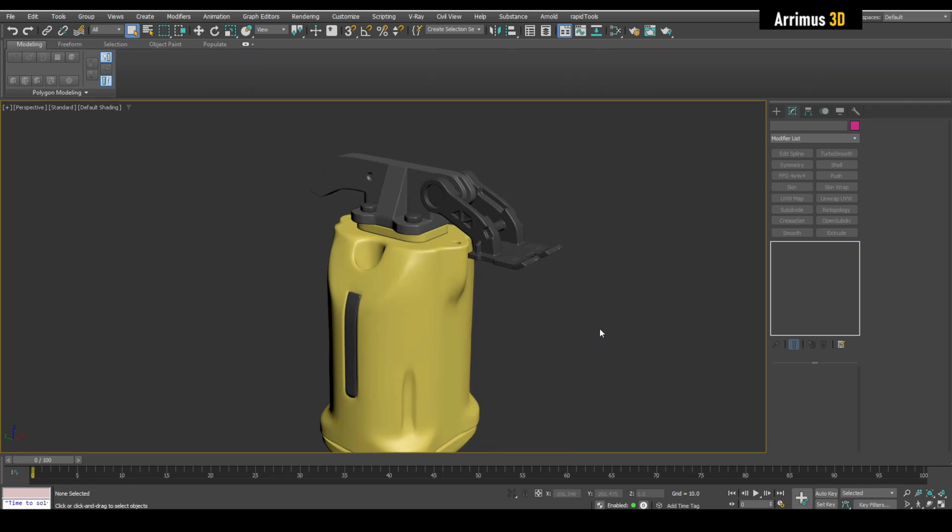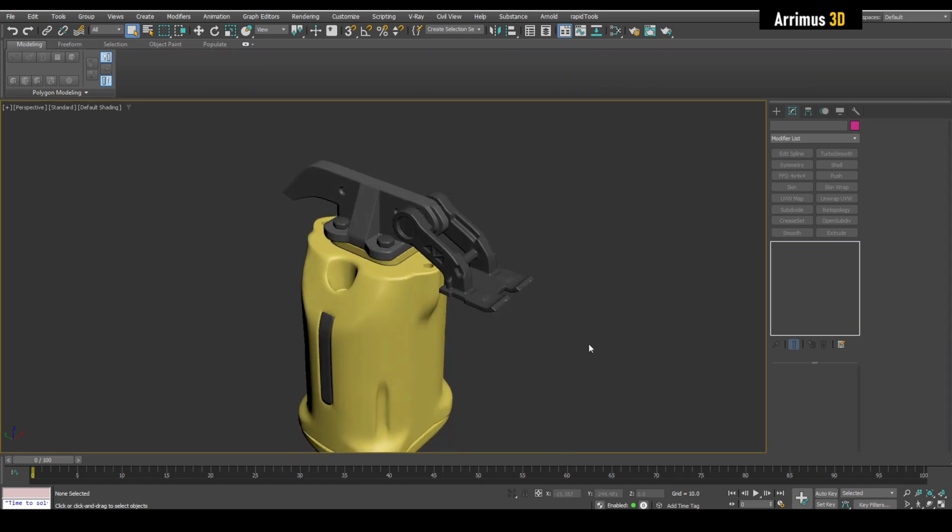Hello guys, this one will show you what I think is the easiest high poly and low poly workflow in